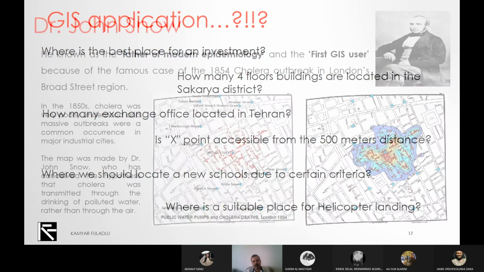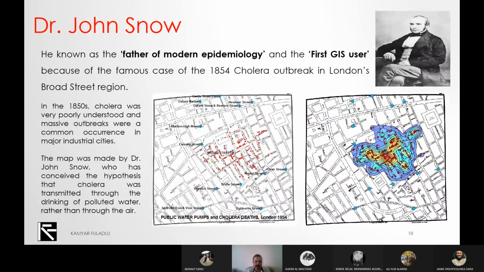But let's go to one of the first applications of GIS. This man, Dr. John Snow, is known as the father of modern epidemiology. And I believe he is the first user of GIS. Of course, we say that Roger Tomlinson invented the GIS. Of course, in the 1950s or so,